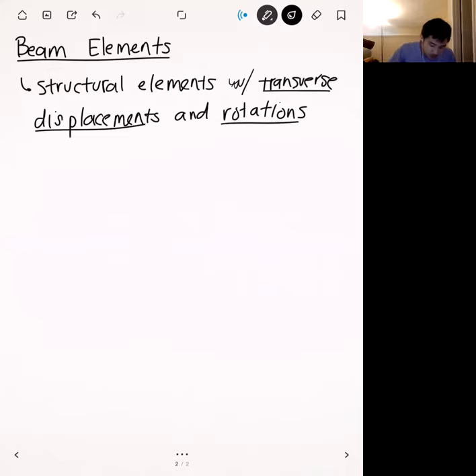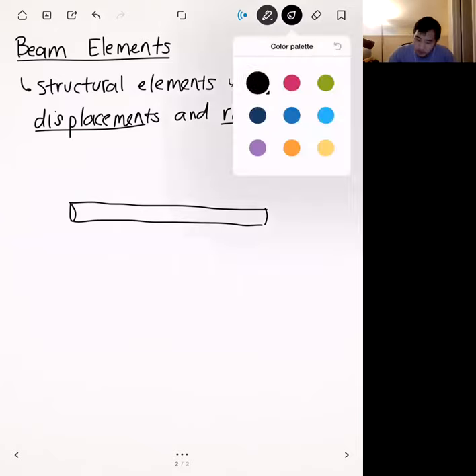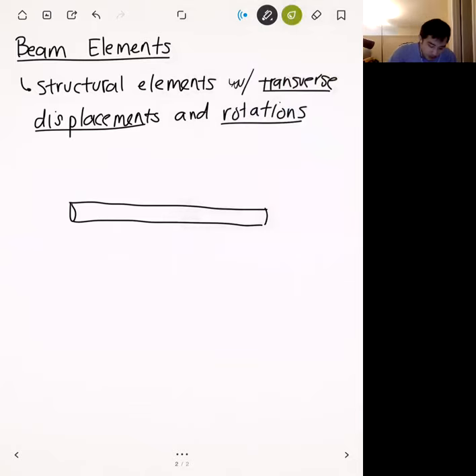Okay, and so if we show a typical beam element that looks like this. Okay, and so everything that we're going to be considering in this first midterm are long, slender structural elements. A beam is going to have the following deformations. Right? And so a transverse displacement is just any kind of deformation that's perpendicular to the axis of the element. Okay, and so if the element goes left and right, transverse displacement is going to go up and down. Right? And we usually label this,